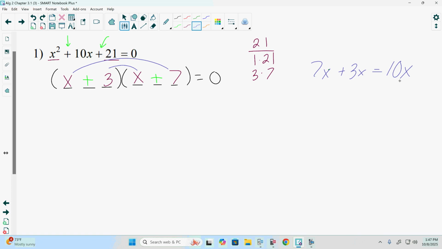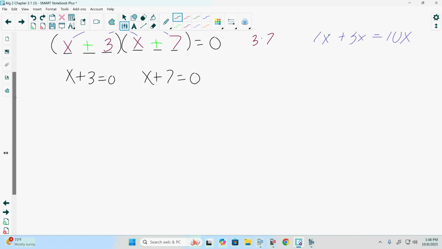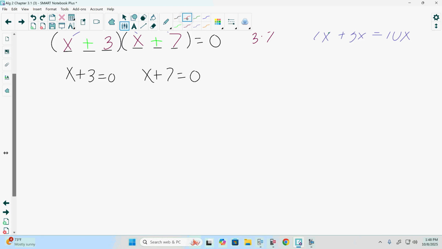So we can now set both of these equal to 0. So we can say that x plus 3 is equal to 0. And we can say that x plus 7 is equal to 0. So we can solve x plus 3 first. The first thing we would do is